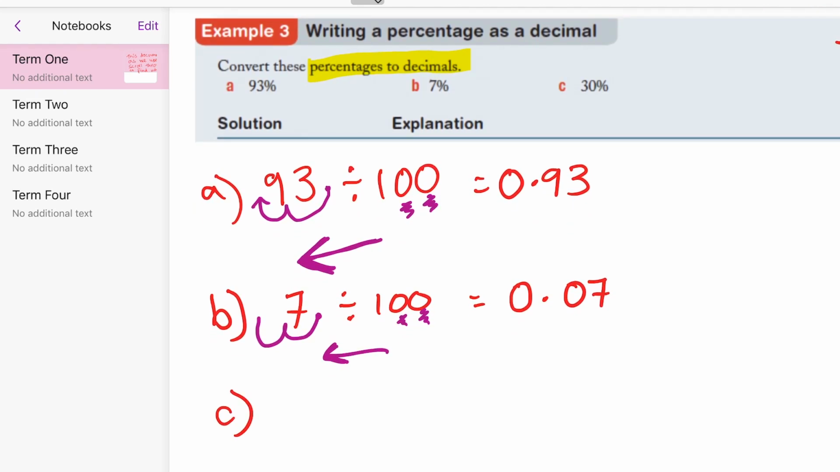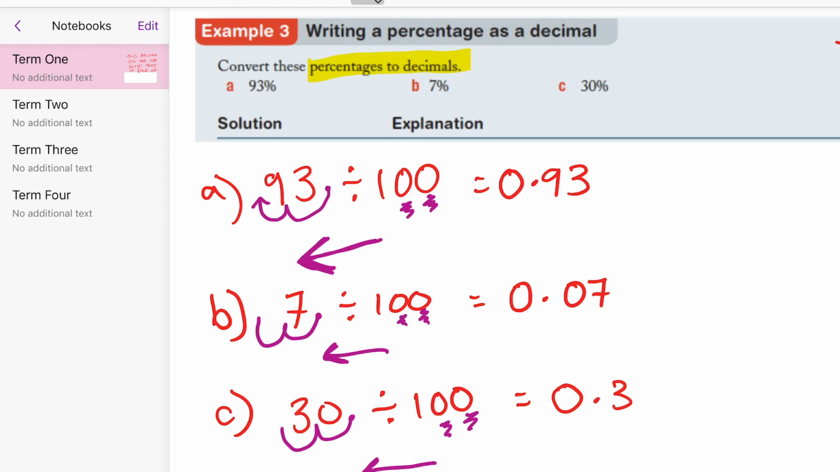And lastly, 30%. 30 divided by 100. We've got the 2 zeros, we're still dividing, so I'm moving my decimal point to the left. 1, 2. For this answer, I would accept 0.3 or 0.30. For both of them, I'm happy with both of those answers. And that is converting